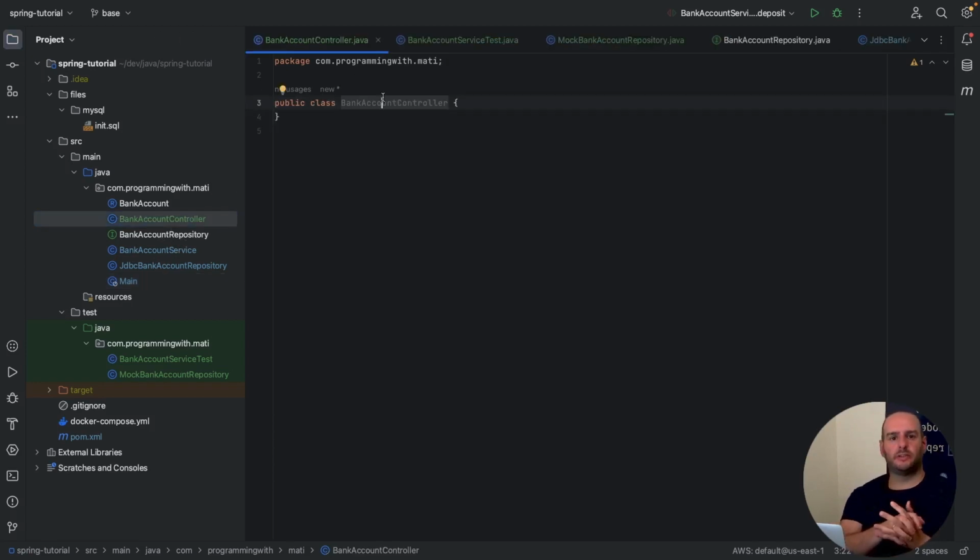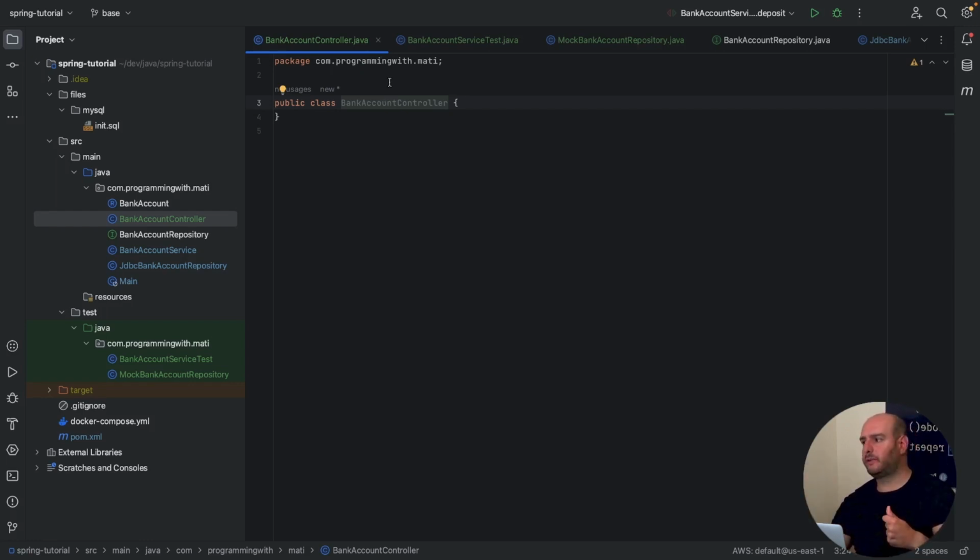And this controller is going to be the class that will get the HTTP request, handle it, and then it will transform the result into JSON so that it can be returned to the HTTP response. And that is going to be done all by Spring. The main part that I'm going to do is just call the service and do the business logic. But then Spring will take care of